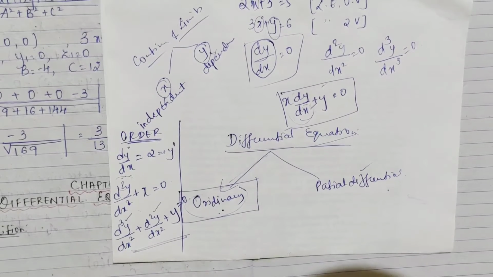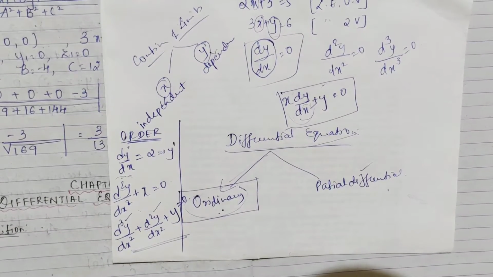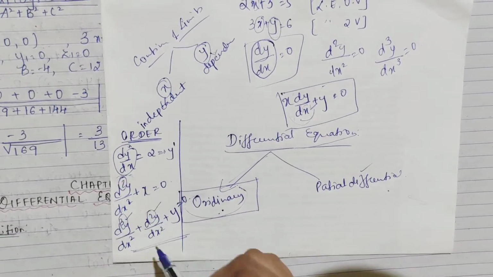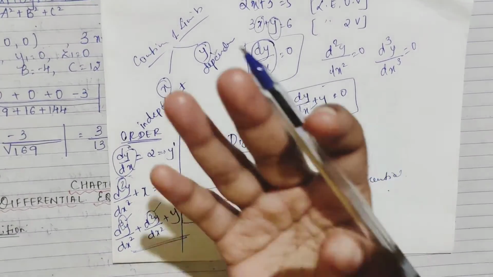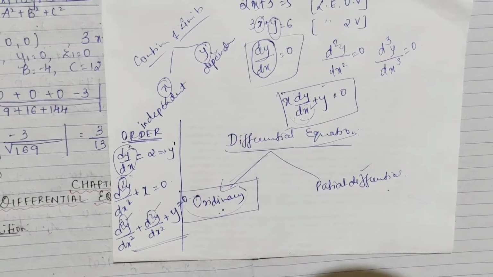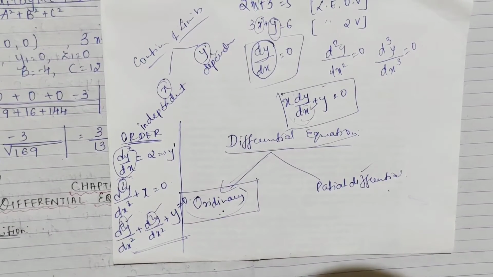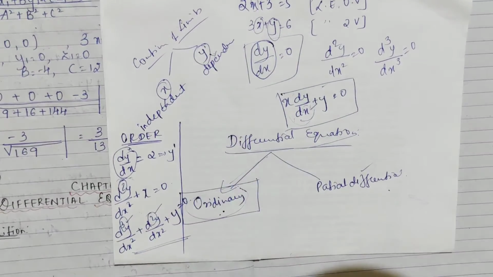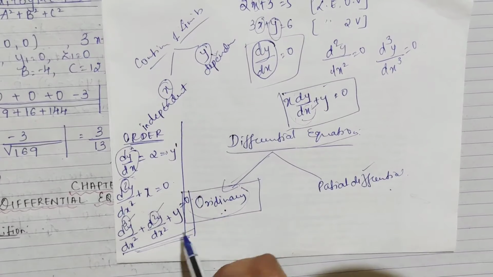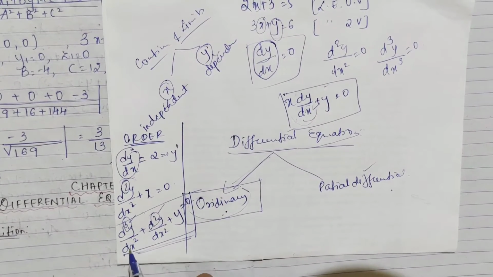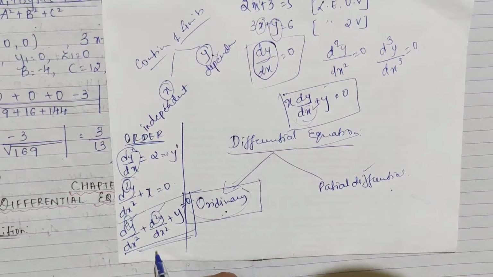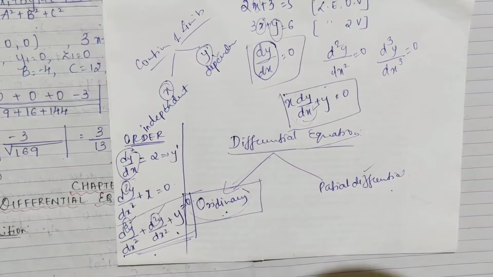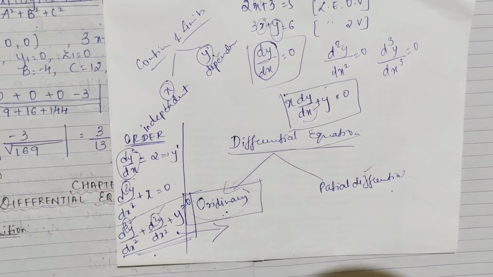Now how to find the order of a differential equation? Order means what? These are only terms. Your dy by dx, y dash, y double dash, y triple dash, all are called order. But how to find it out? Now in your equation, we calculate the highest order. Now suppose consider this equation itself: d cube y by dx square plus d2y by dx square plus y equal to 0. Now if I ask you, what is the order of this differential equation?